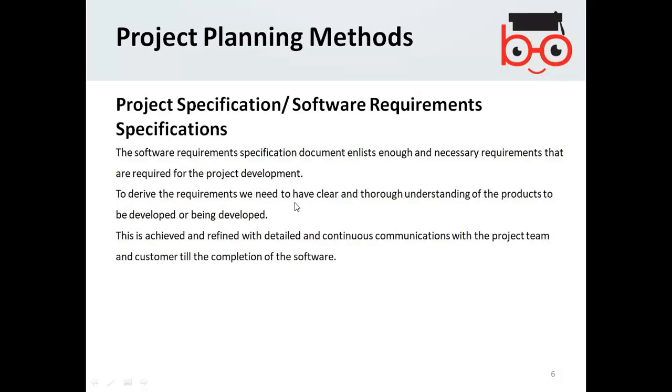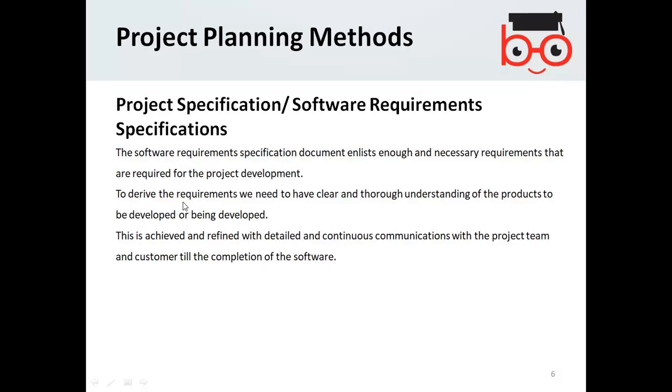To derive the requirements, we need to have a clear and thorough understanding of the products to be developed or being developed. This is achieved and refined with detailed and continuous communication with the project team and customer till the completion of the software.